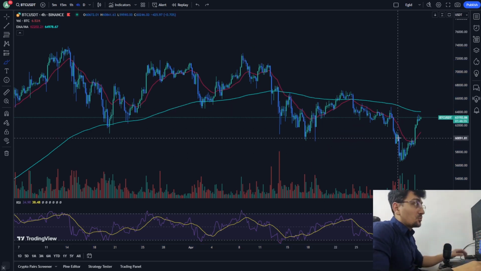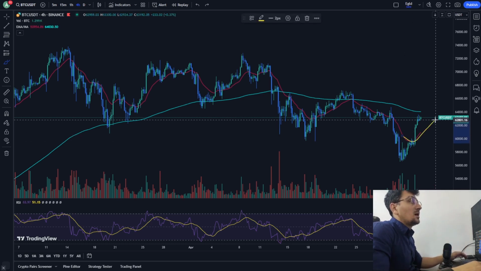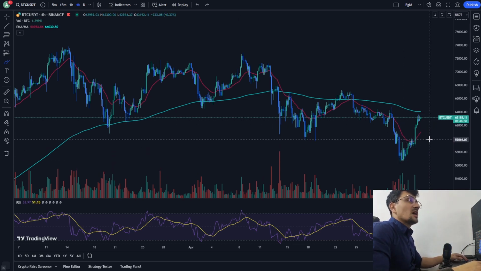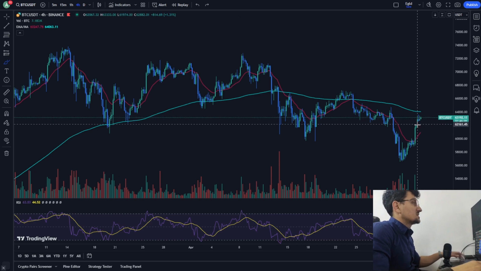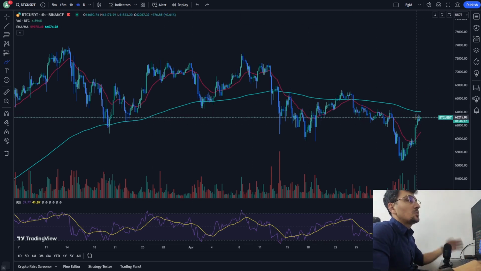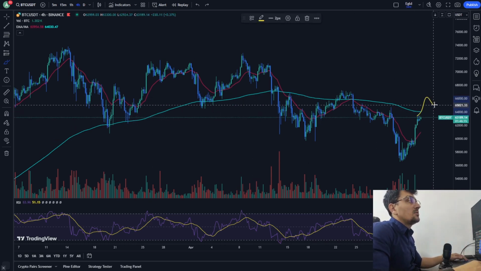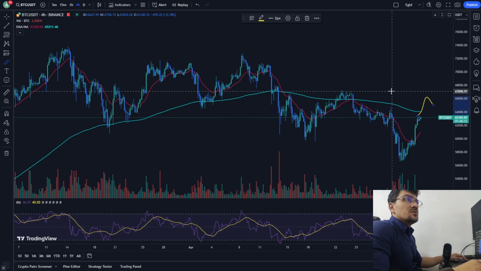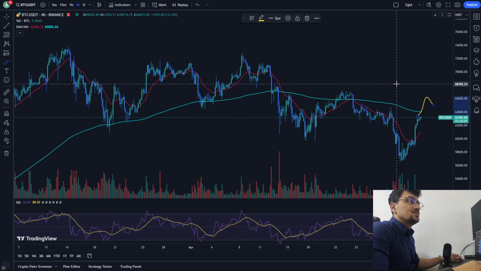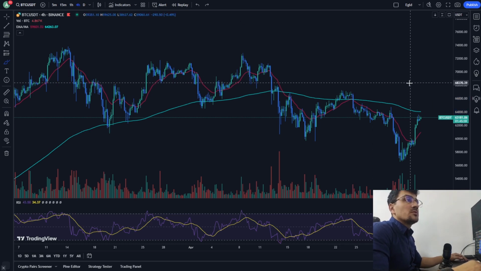So indeed, we have the price trading above the first moving average that we have here, but not above the second one. And only when the price breaks above the other moving average we have here, can we consider bullish short-term momentum. The chart shows a key support level where the price bounced after reaching lower near